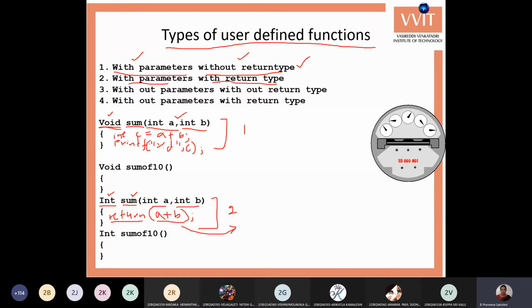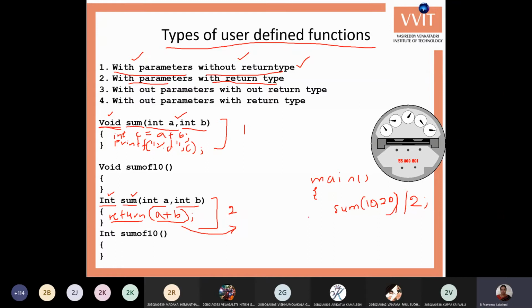Okay, both are actually the same. Whether you are printing the value in the function or returning a value out of the function, both are equal, but the only difference is, say for example, if you want to use this addition value for any other purpose. Say your main program is like this, main, and I am using that sum value for another purpose. Here I am giving like sum of 10, 20 divided by 2.